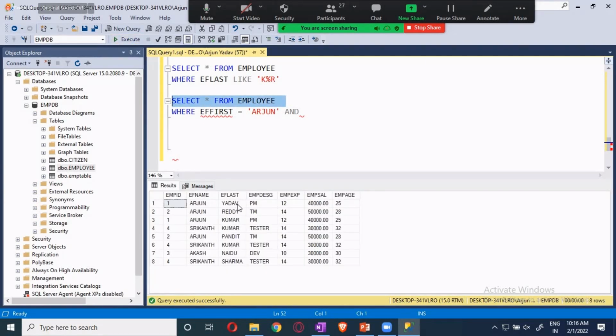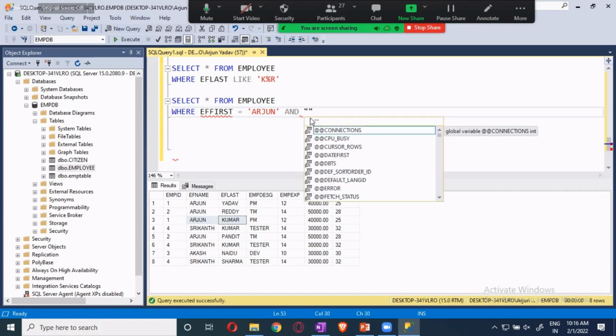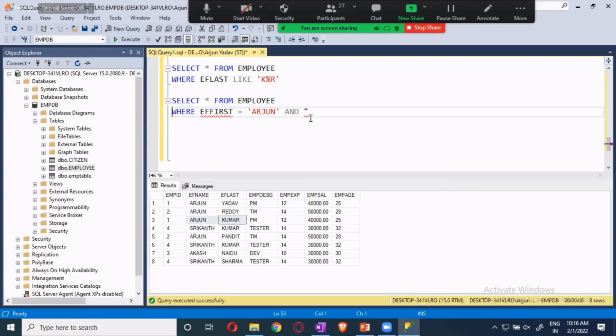Arjun with Yadav, Reddy and Kumar. Now I want to get only the person who is Yadav. So here I will give and EF last is Yadav. You should get the Arjun details.